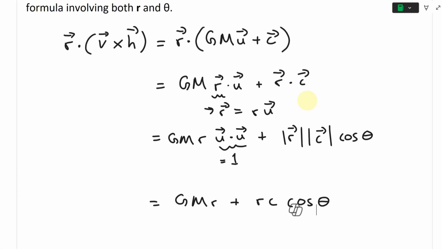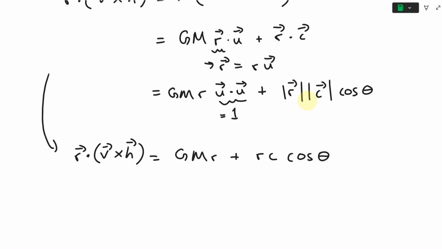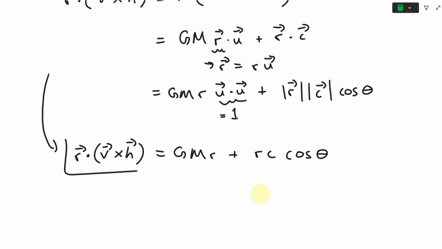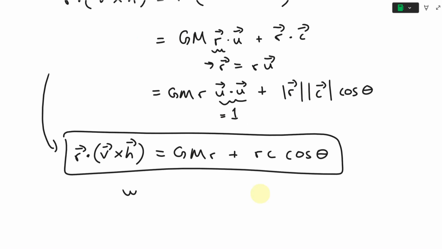Yeah, and I'm just going to put this down here. So basically we have r dot v cross h equals this setup like that. All right, I'm just going to box this in for now, and then where